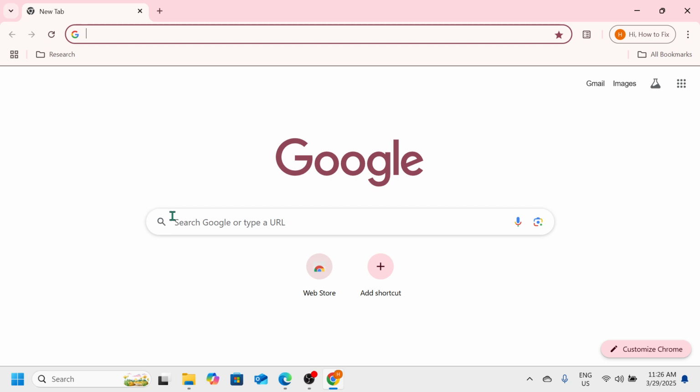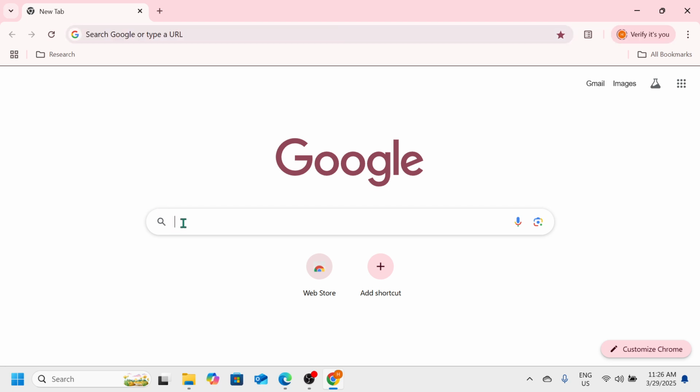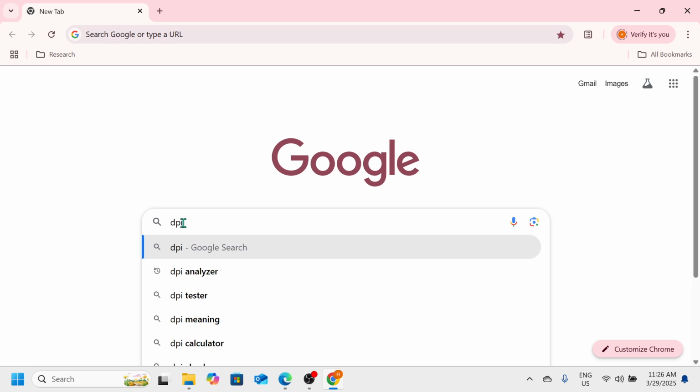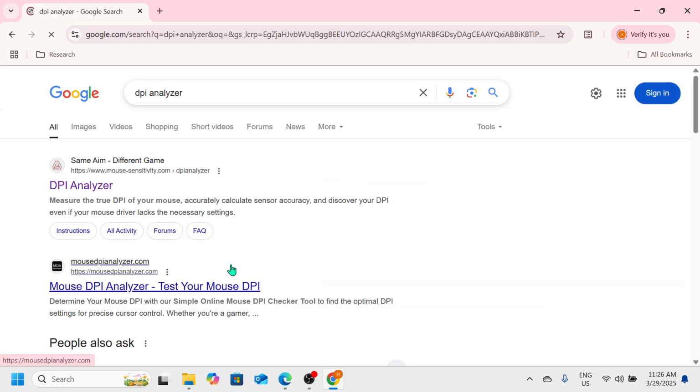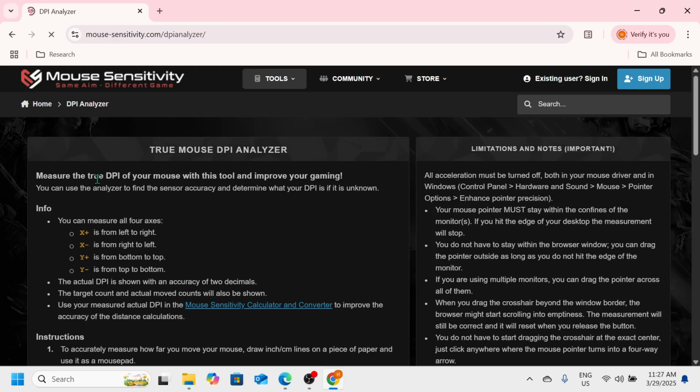Chrome browser. So once you open your Google Chrome browser, all we need to do is to search in the search tab DPI analyzer, and please click on enter. So we will visit the mouse-sensitivity.com DPI analyzer. Now please click on that, and once you do that, you will see here the mouse sensitivity